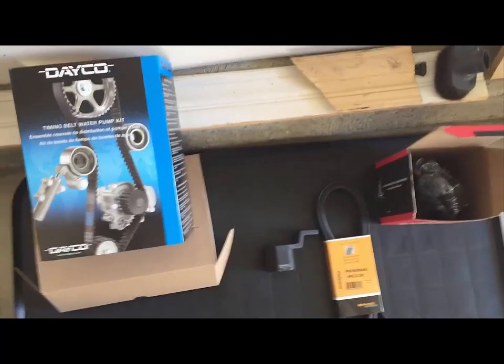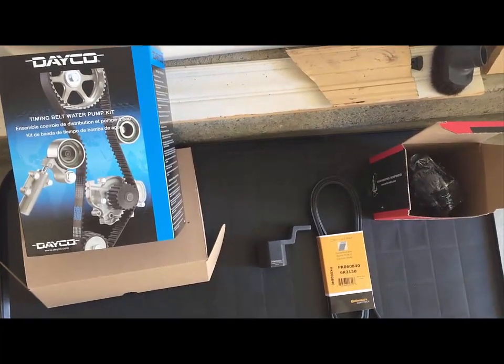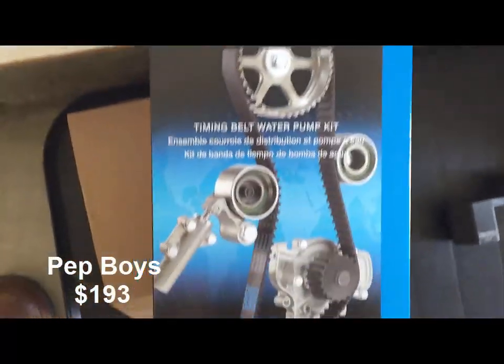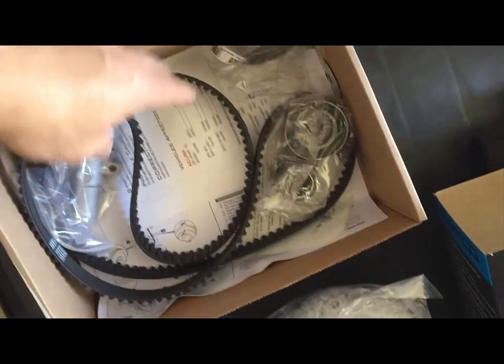I'm going to be replacing the timing belt for an Acura MDX 2003. Since I'm replacing the timing belt, I might as well replace the water pump. And so I bought this Deco kit. Comes with the water pump, the timing belt,